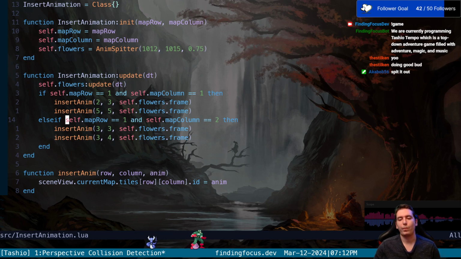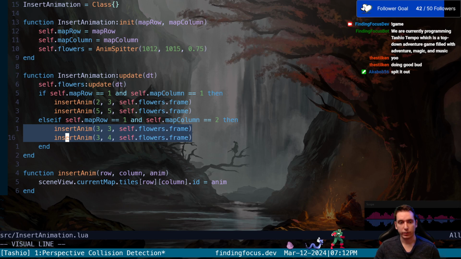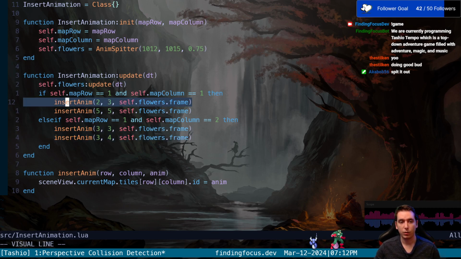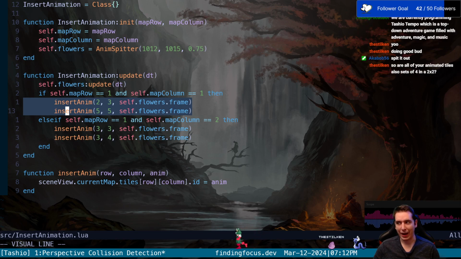So I guess the kind of way to get around this would be, like ideally, for example, if we only have 2 levels and it's 1-1 and 1-2, we have to either update all of these insert anim functions or update all of these insert anim functions. So I guess my question is, can we give our map